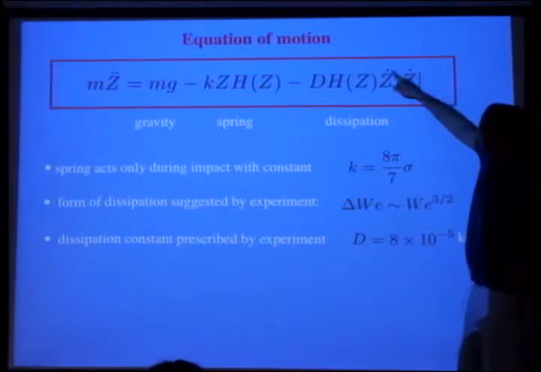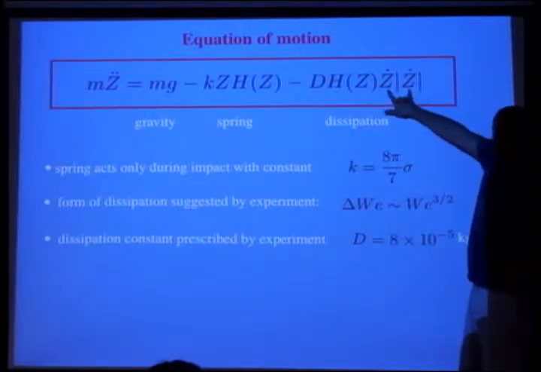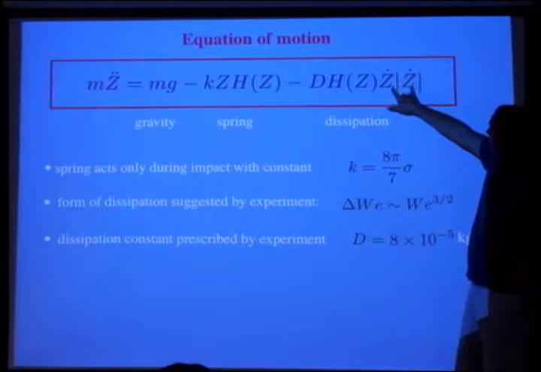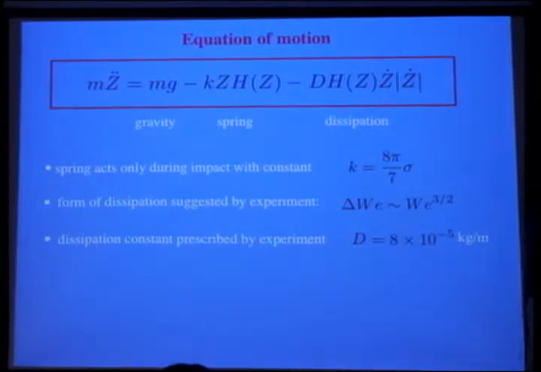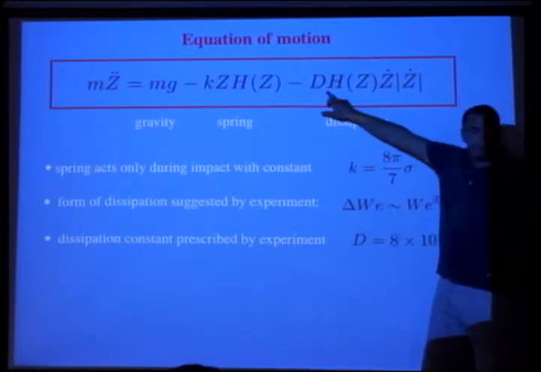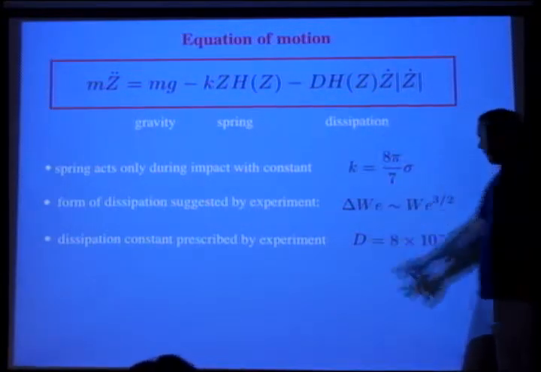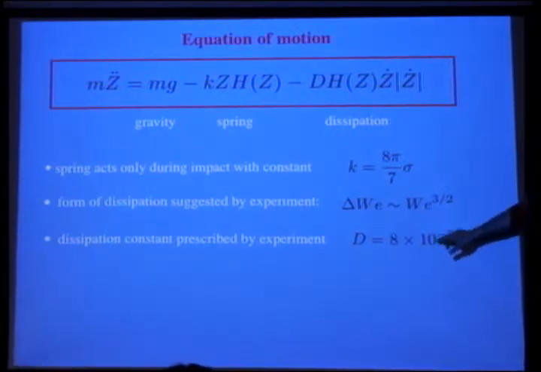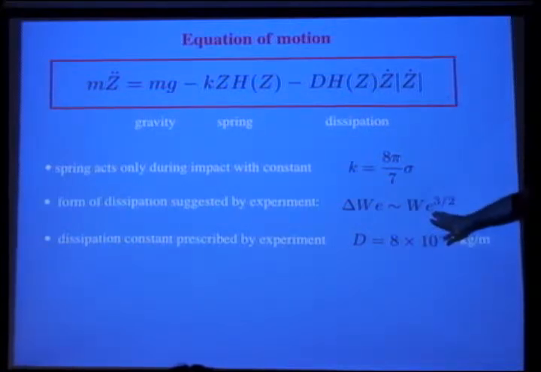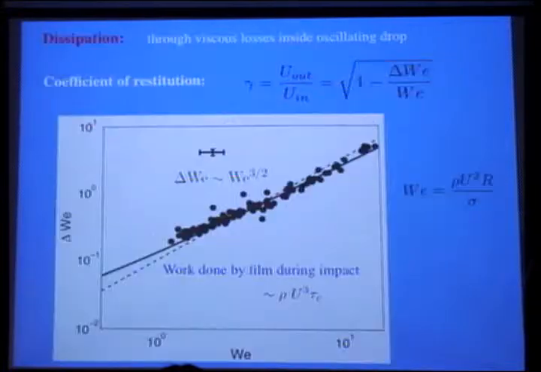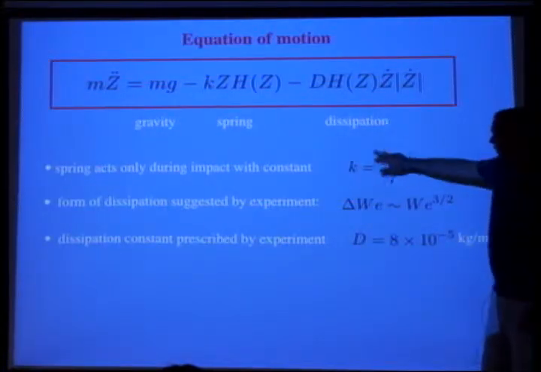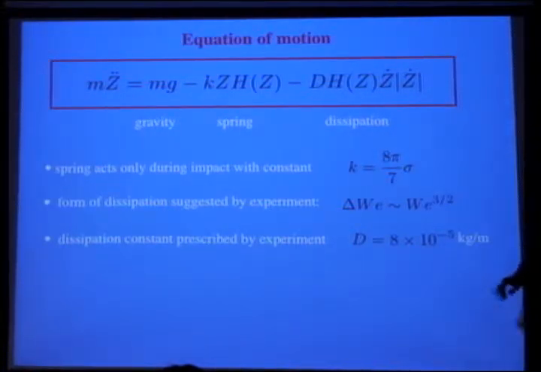And this z prime squared form, we have to choose that to be consistent with the data on the observations of the dissipation. But we basically pull this off the data as well, right? So this we pull off the data. Again, this form is suggested by this scaling, which we've observed, and the coefficient is from the experiments. And we've calculated this. Okay, so it's kind of nice.